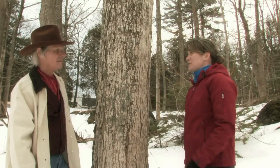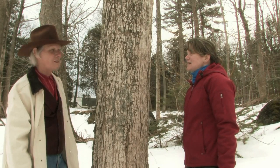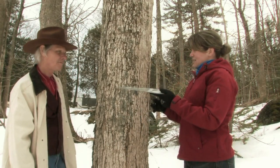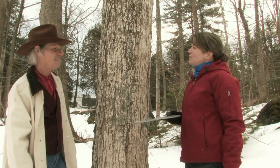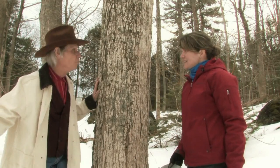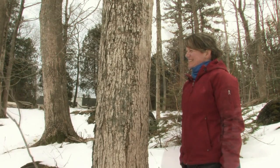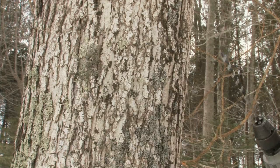Oh, cool. We're going to put in 1 tap with our neat spile and our bucket. We're going to drill a hole, and again, this will sit right in the tree. We're going to drill about a 2-inch hole. Sounds great. Well, if you're going to be drilling, I'm going to be moving. So you go ahead and do that, and I'm going to stand over here and watch you. Perfect. Great. So now I have my drill, and I have a very specific drill bit